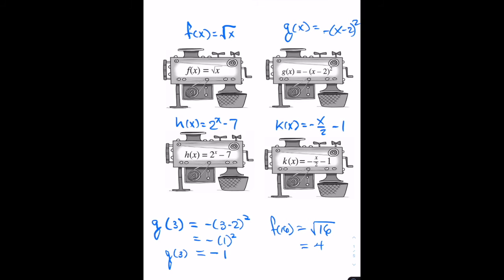When we're taking the square root of a number, I want you to also be aware that this is asking the question, what number times itself gives me the number inside the house? Well, what number times itself is 16? 4 times 4 is 16. That the answer could also be negative 4. And so I want you to be aware of that and make sure that you're able to answer the question